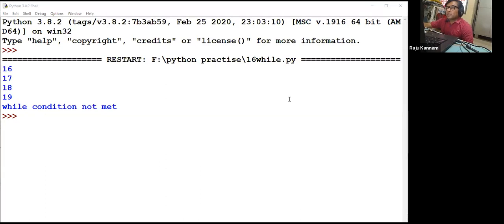Rakesh is asking about a registration form, age decision between 18 to 22. That time we will use an else condition. Okay, you can use it. Of course, this thing is only if you want to give any acknowledgement when the while loop is not executing, that time you can use the else condition.